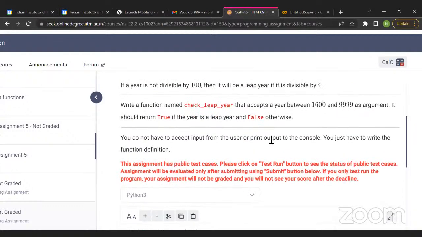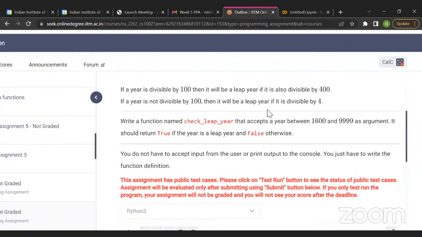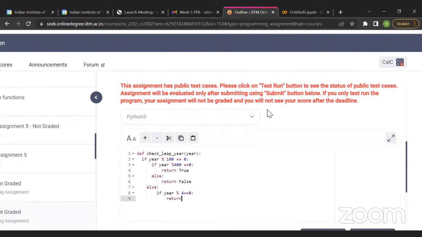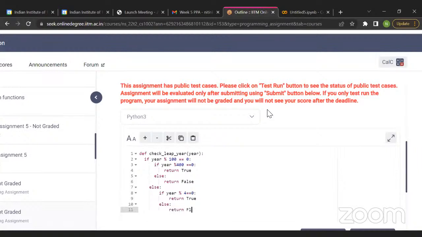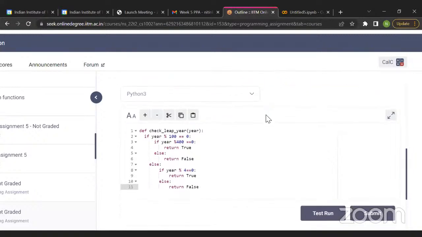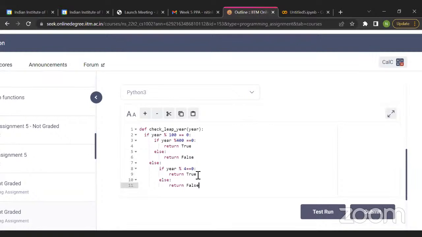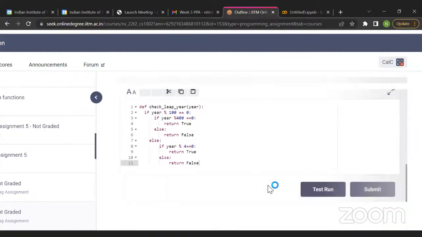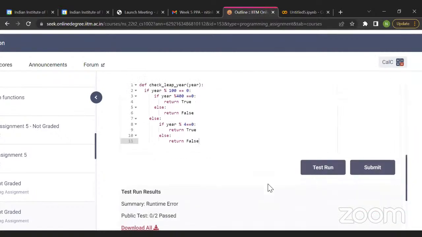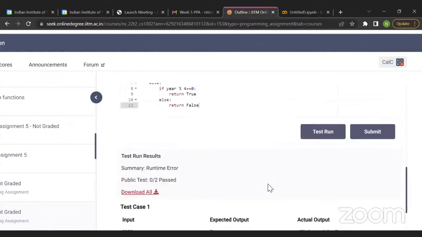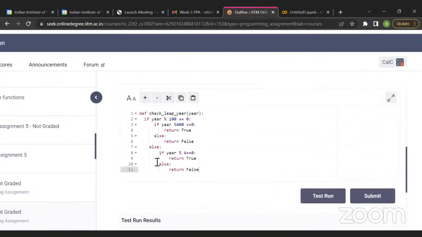If it is divisible by 4, then it will be a leap year. Then it should return